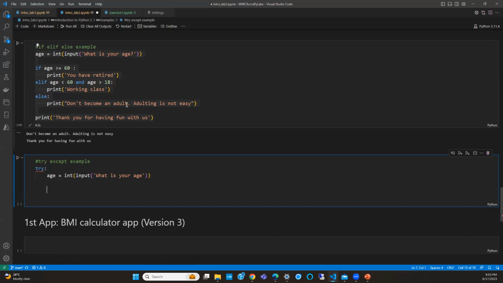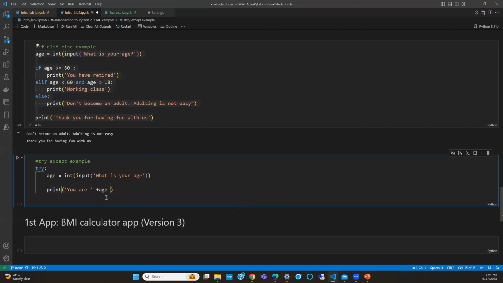I can put the ifs in there, but I just don't want to mix it up yet. So what we're just going to do is print the person's age and say, okay, you are 20 or whatever it is years old.